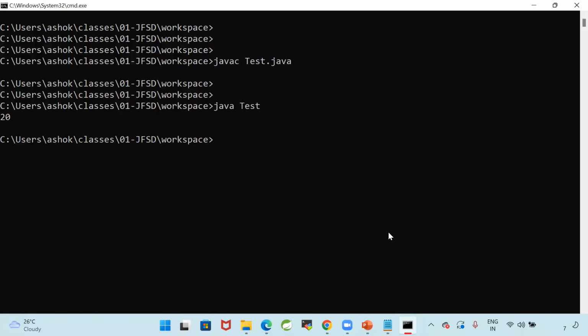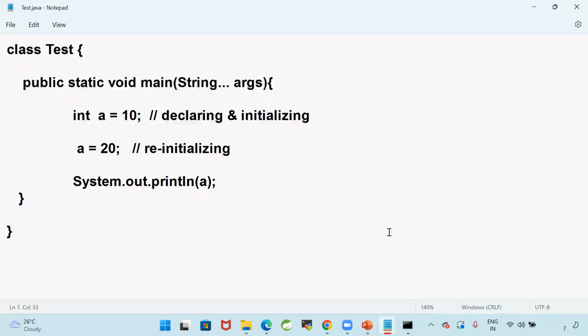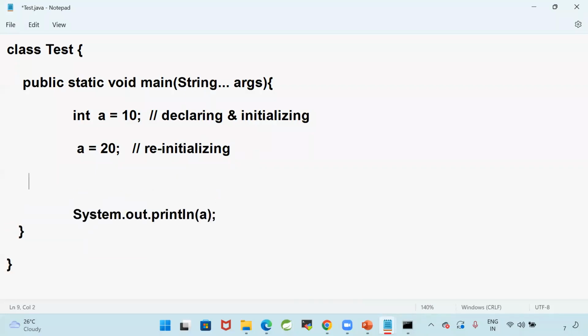What is the output? 20 is the output. Why are we getting 20? Why not 10? Already we have declared the variable and initialized it to a is equal to 10. Now here I am taking a is equal to 20. That means I have done re-initialization.